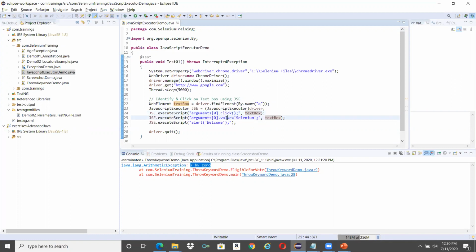After performing that, I'm assigning some value. Dot value is equal to Selenium. After Selenium, I'm displaying some alert saying welcome. So let me execute this.